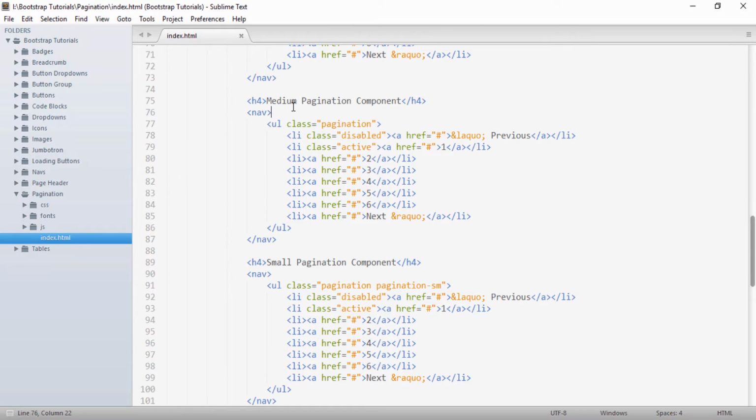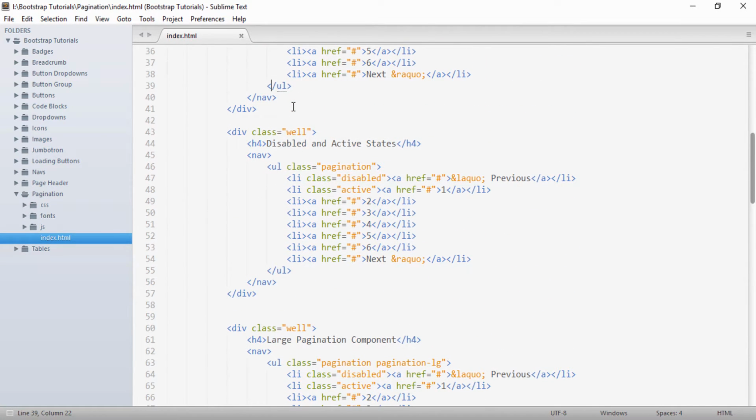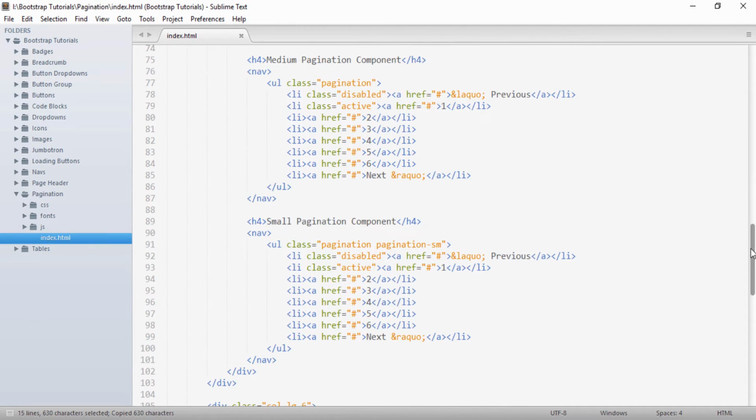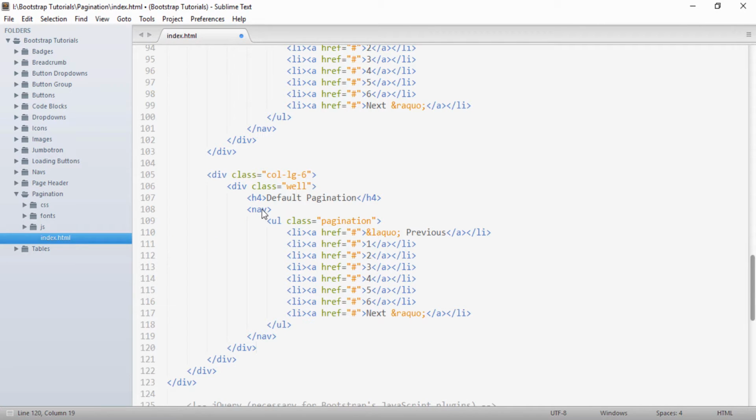First we will create a simple pager. For that, I will just copy this well, and into my second column I will just paste it. Here I will give the heading to it as simple pager, and in order to create a pager we have to give a class.